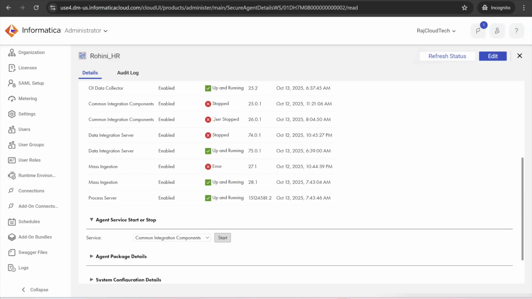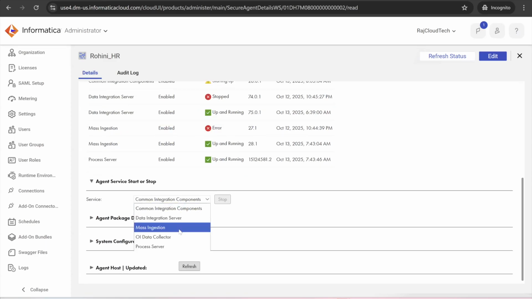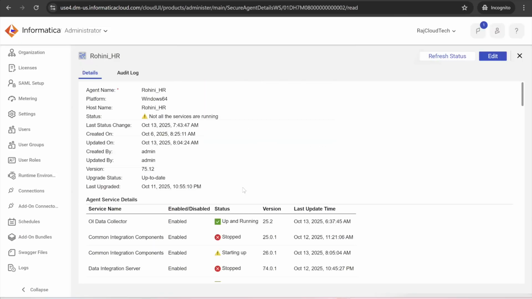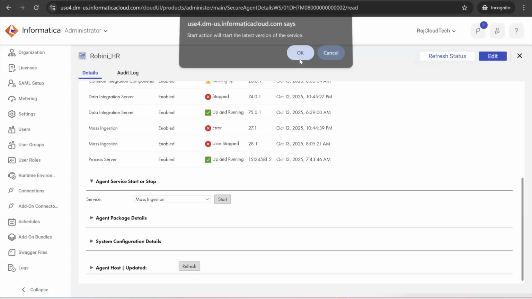Once you start, it is starting up. The latest one, 26.0.1. Same way, mass ingestion is not required. OA collector is already up and running. If you want to run mass ingestion also, click on mass ingestion, stop first, then start. Within 2 minutes, it'll be up and running.